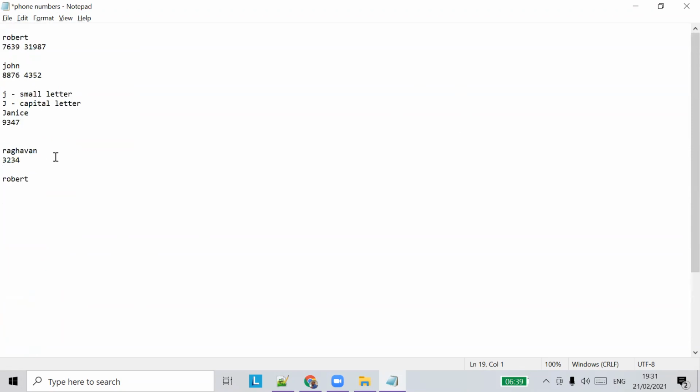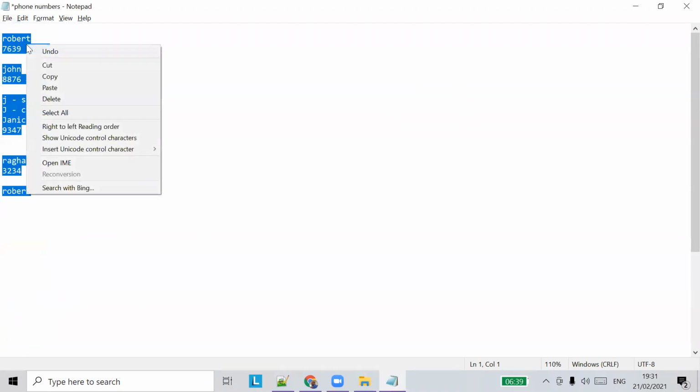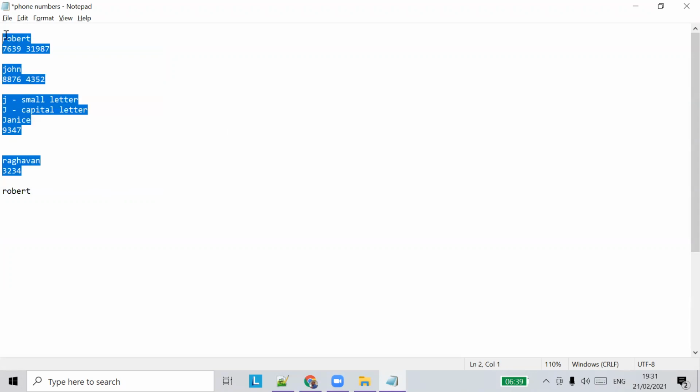Once you select all and right click, you can cut content or copy, anything you can do. I think we saw about right click and left click last week, so hope you all remember. Right click is when you click the right mouse button.